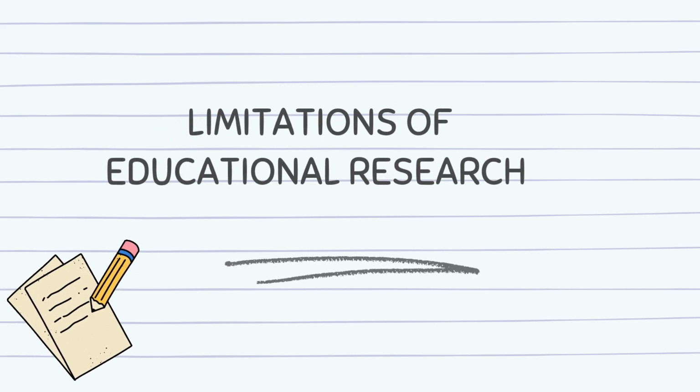7. Reliance on self-reported data. Much of educational research, particularly qualitative studies, relies on interviews, surveys, and questionnaires. These instruments collect self-reported data, which can be affected by memory gaps, exaggeration, or social desirability bias. A teacher might report using student-centered strategies more frequently than they actually do, or a student might exaggerate study hours. This affects the reliability and validity of the research outcomes.